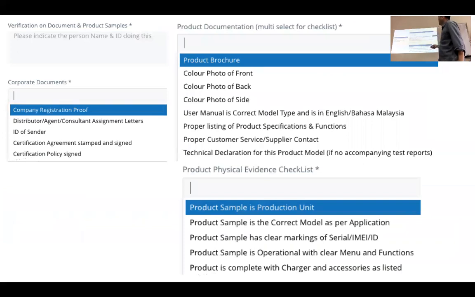And for physical evidence, what we need to put in is the documents like a corporate registration proof, the SSM, distributor appointment letter. You check dengan checklist tu lah. Ada kan? Ada sampel tu. ID of the sender, dia akan kasih dia punya IC. Bos kalau tak ada, kita check datang punya orang lain, kita kena report. Okay? Or if not, then you say, this one is different fella lah. Especially come and collect that time. That is the important thing.